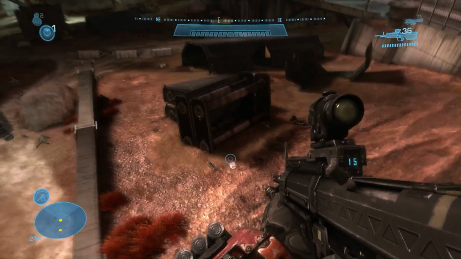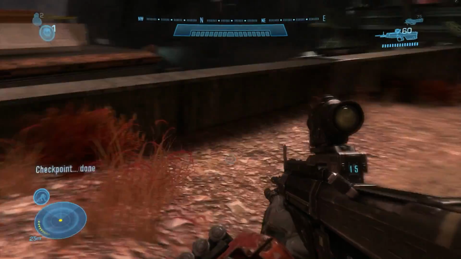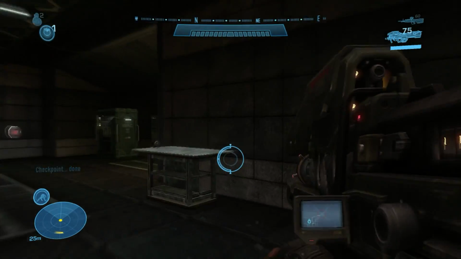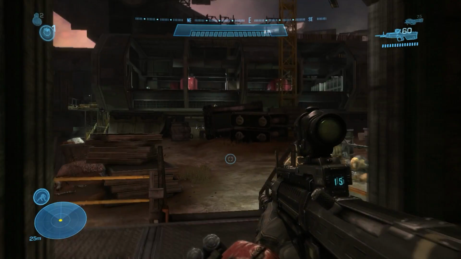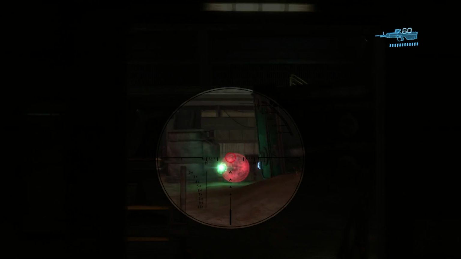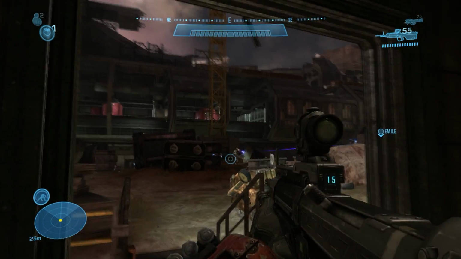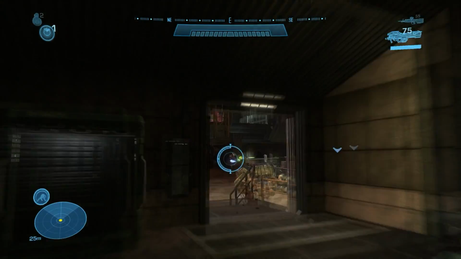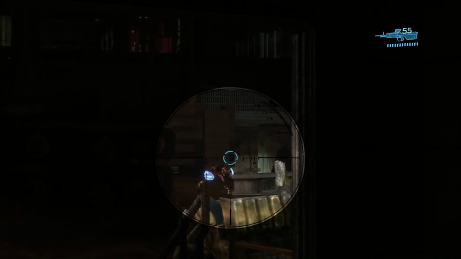Now there are two places you can fight this from. Up here on the right or over here on the left. I recommend the left because you have a building for cover. Now this is where things start to get tricky because you're going to start backpacking this Spartan laser through this